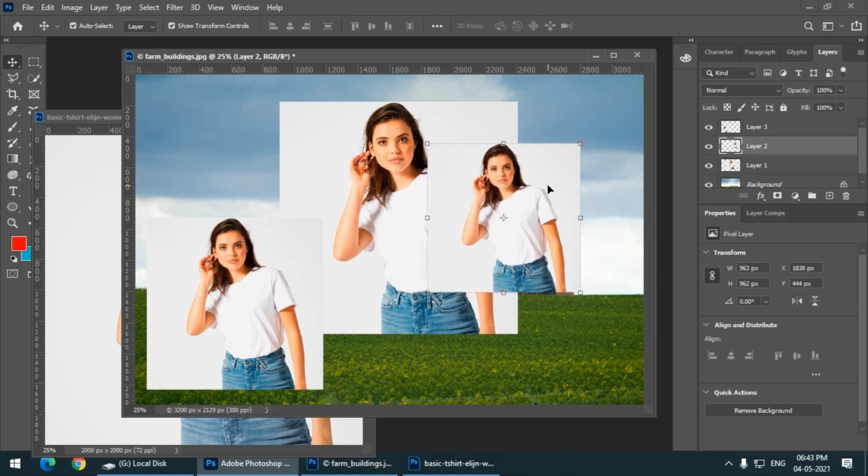Okay, we will stop here now because the video is getting too long. So in today's video we looked at how to open one image or multiple images, and how to move any image into another image, or place any image into another image. So that's it for now. We will continue in the next video.